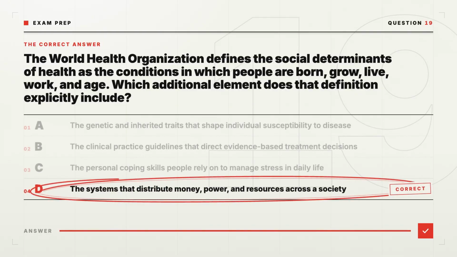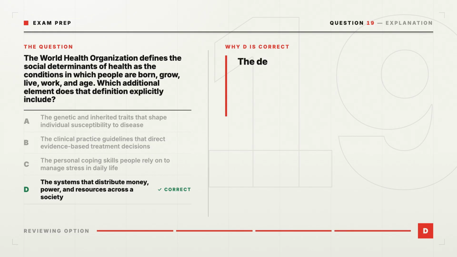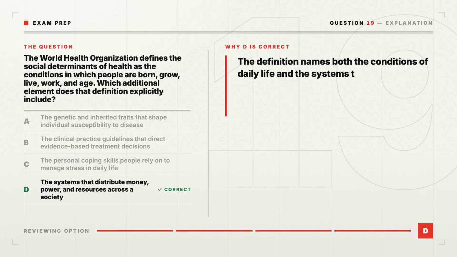The correct answer is D. The systems that distribute money, power, and resources across a society. D is correct because the definition names both the conditions of daily life and the systems that distribute money, power, and resources. That second clause is what makes the concept structural rather than merely descriptive, since it points at how